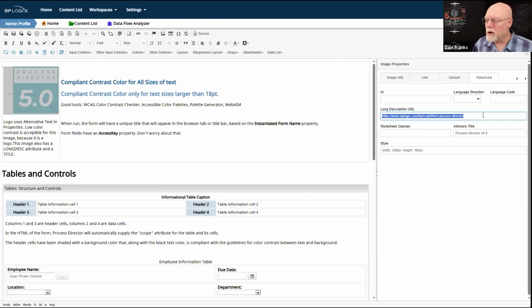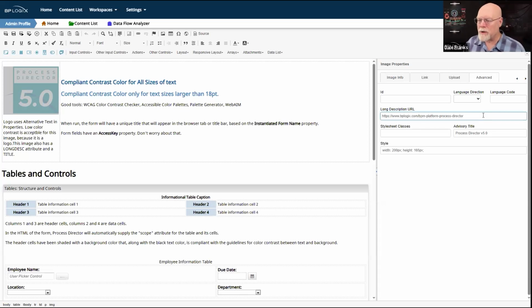What the long description URL property provides is a URL link to a page that provides a fuller description of what the image is. So if you have a complex image like a flow chart or something like that, which for a form you probably wouldn't have, but for general purposes, if you had a complex image like that, you might need to provide a full text description in HTML about what that image is showing the end user.